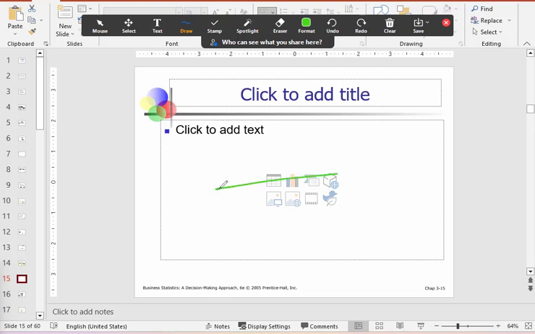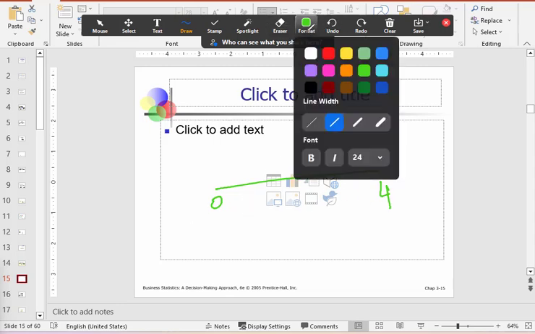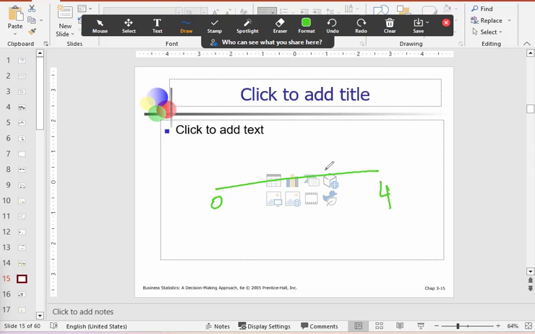I know that the data of GPA starts from 0 and it goes to 4. So if I look at this number line, logically the center, and if I do the interview of what is the GPA of the students, okay, so what will happen is that